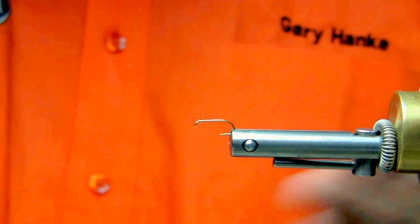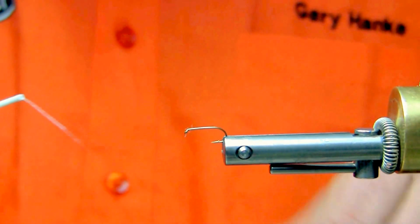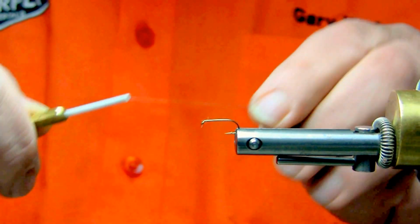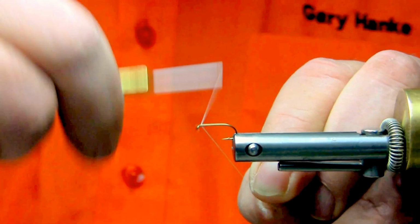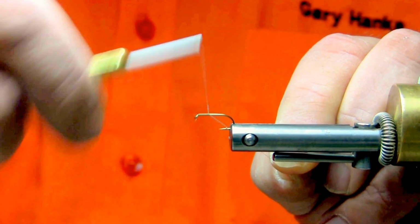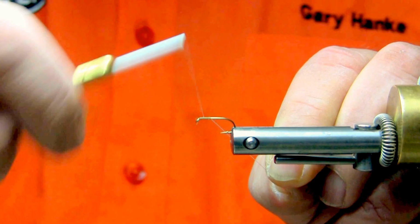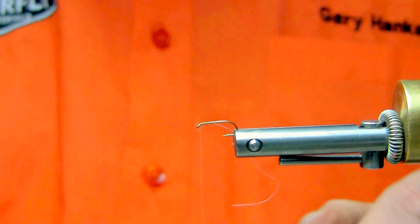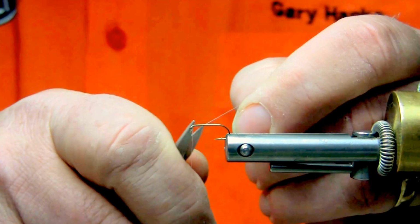So I'm going to tie a little pattern. It's known in the dry fly world as a skater. Very, very few people in my neck of the woods here in Western Canada will actually either know about this pattern or use it. It is simply a joy to use, dabbling on the surface water in either lakes or